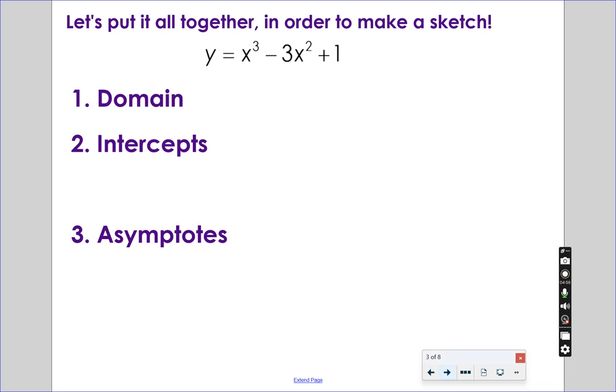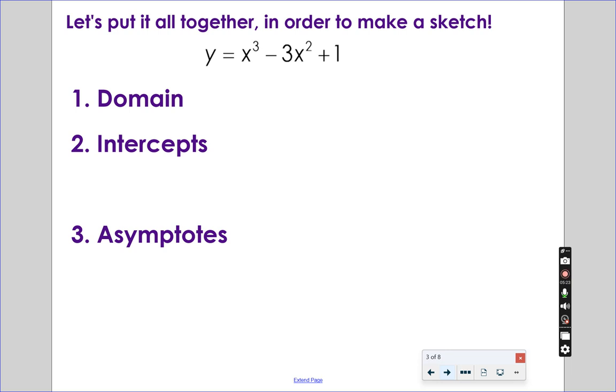All right, let's do one problem from start to finish. That's what our notes are going to be today. And I wrote on the board over here, these are all of the characteristics you're going to be asked. Some of these we're going to use calculus to figure out what they are and to justify, and some of them are things you should already know how to do. So we haven't talked about domain yet, but you are going to be asked for the domain, the range, intercepts, asymptotes,